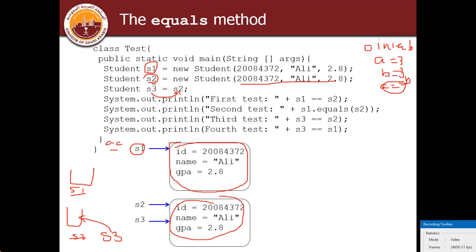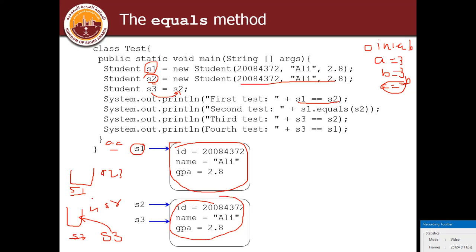Now in this case, let's first test S1 equals S2. S1 is located at a different memory address, for example 123. Maybe S2 is located at 456.